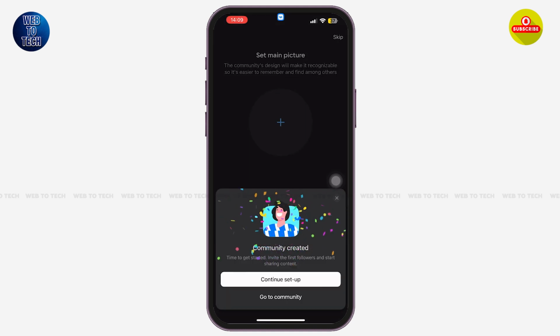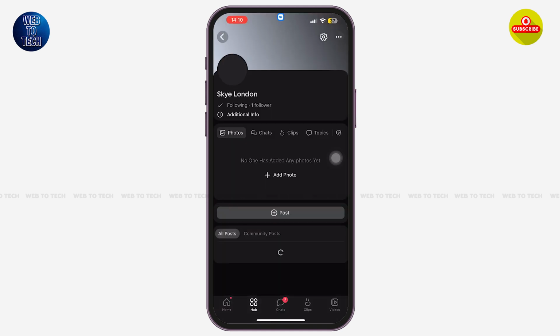Now your community has been created. You can either tap on continue setup or simply tap on go to community. Now you can see that I'm here on my community, and if you have been able to create your community as well, you can post various contents, add photo, add various clips, discuss about various topics, and even chat with